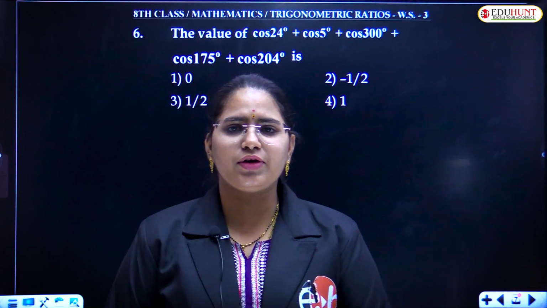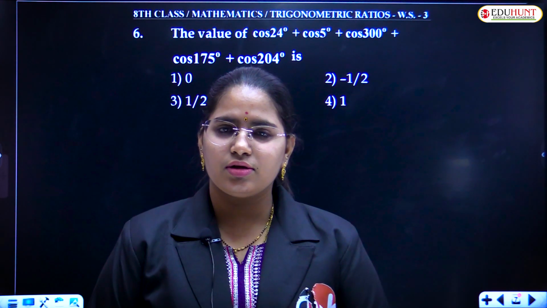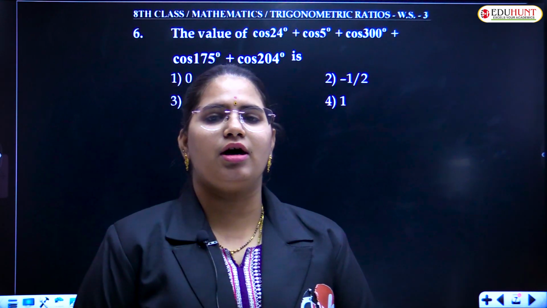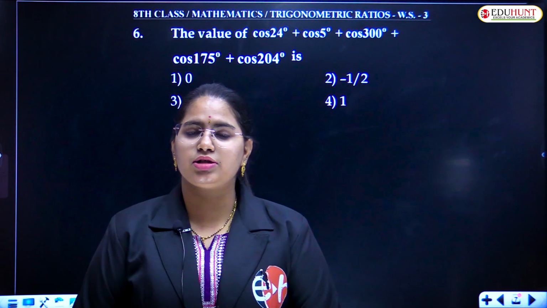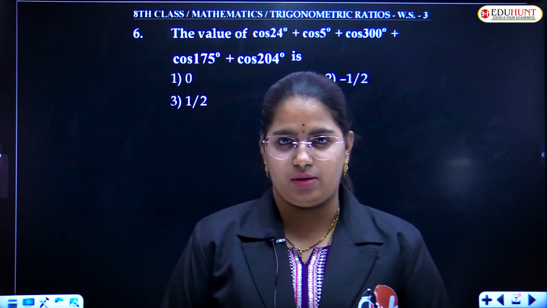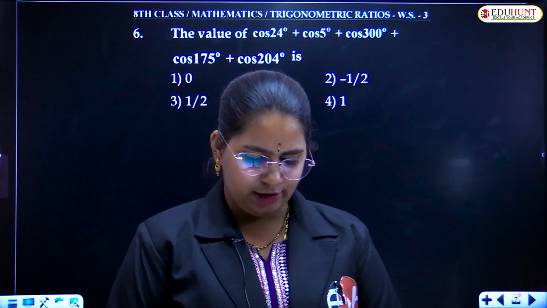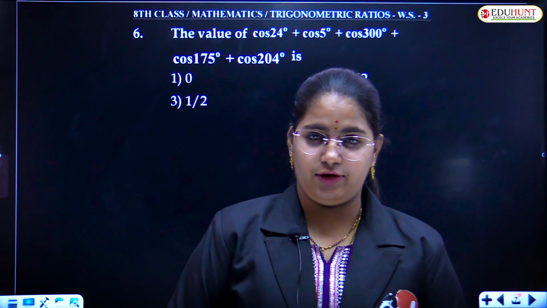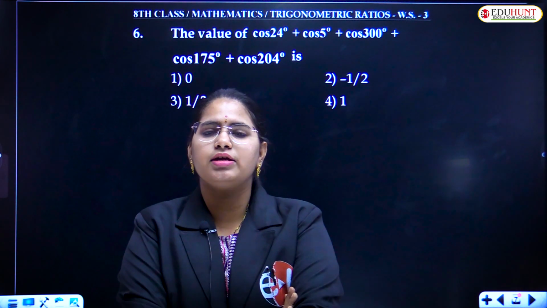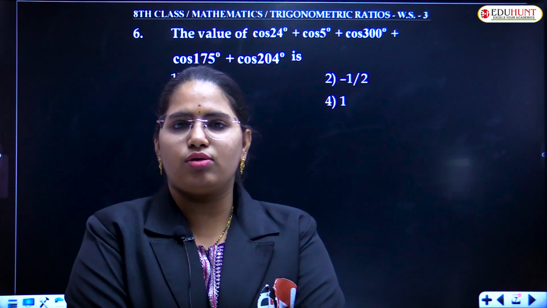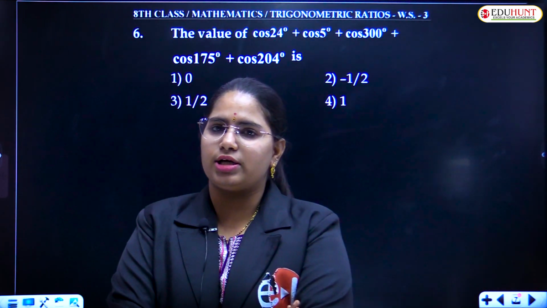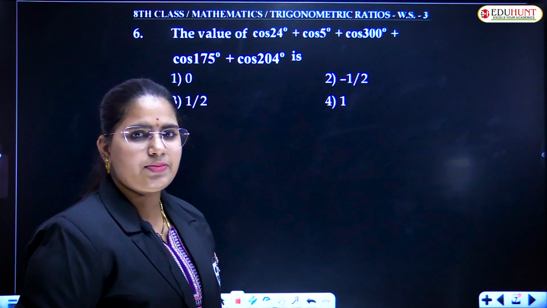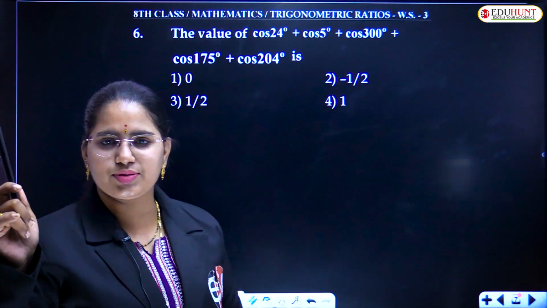Do you remember what we have discussed in the last session? I discussed the concept of allied angles of trigonometry, right? And we have also discussed many of the problems from the worksheet. Questions 1 to 5 are done, right? So let's get back to the continuation of the worksheet problems from the 6th question. Let's begin our session. Are you ready to start?